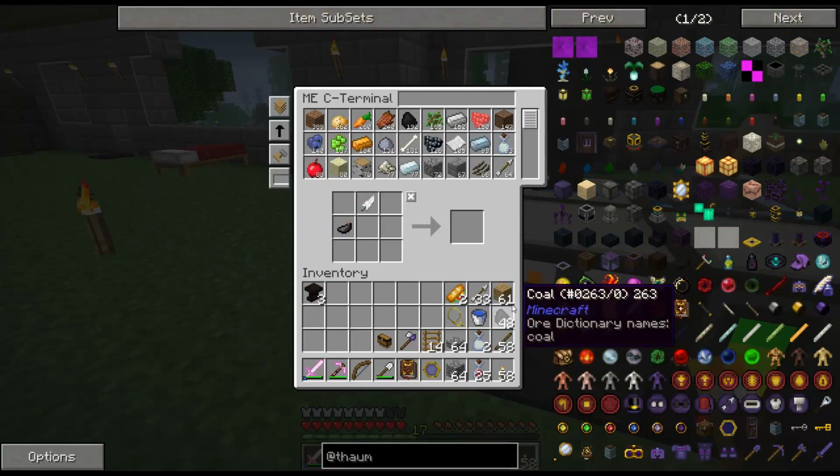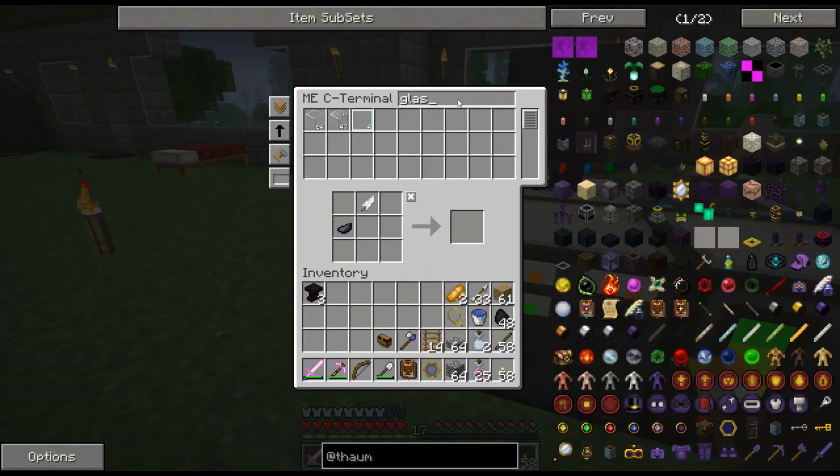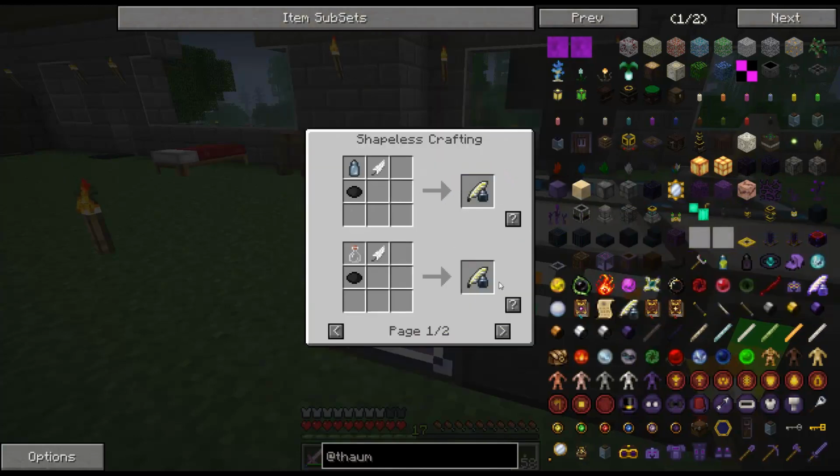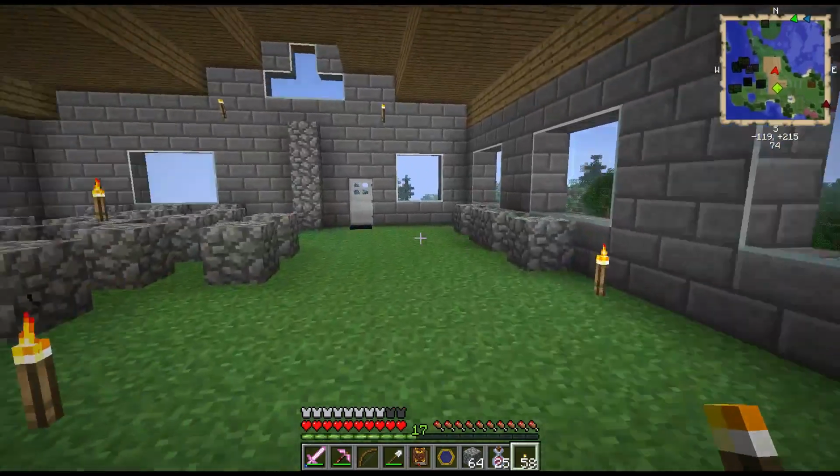We can do it with a glass bottle. Don't have any glass bottles. Okay. No worries. We'll make up a couple of glass bottles here, and make the scribing tools. And there we go. So, with these guys,